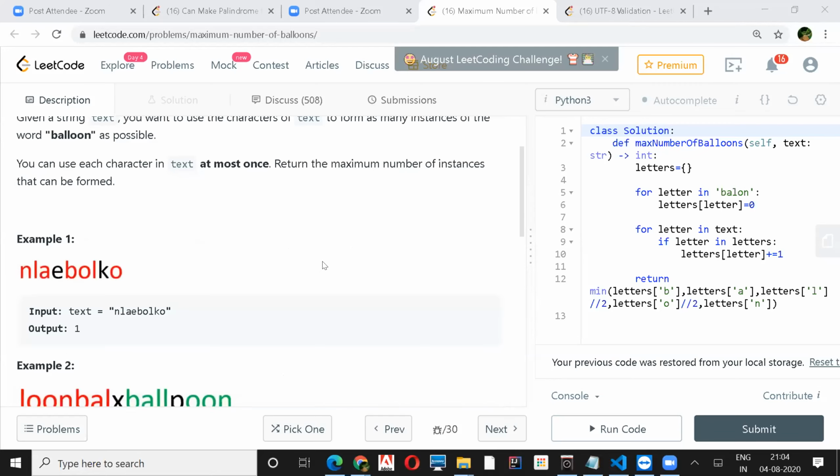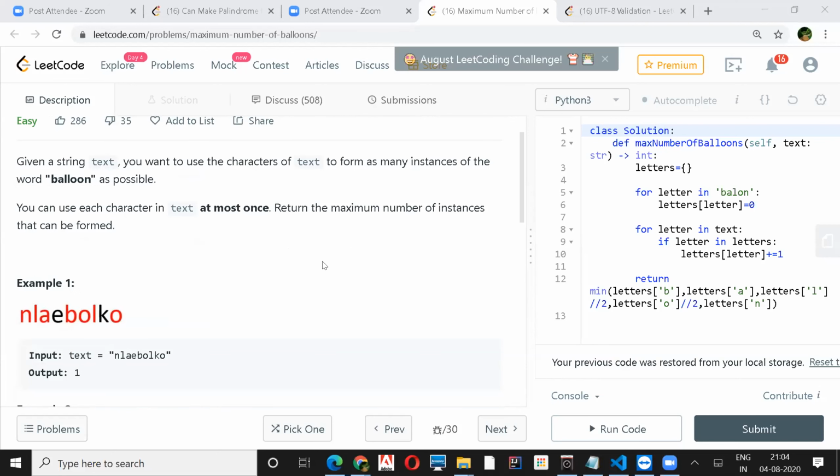So what would be the brute force here? Brute force would be just go through the whole string and then count the number of balloon words. Maybe keep a count if you have B, A, L, L, O, and something like that.